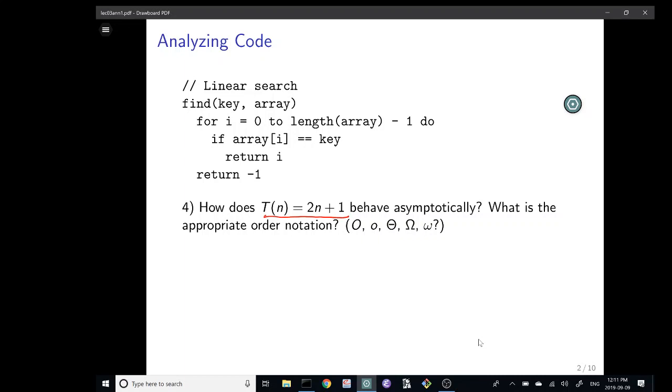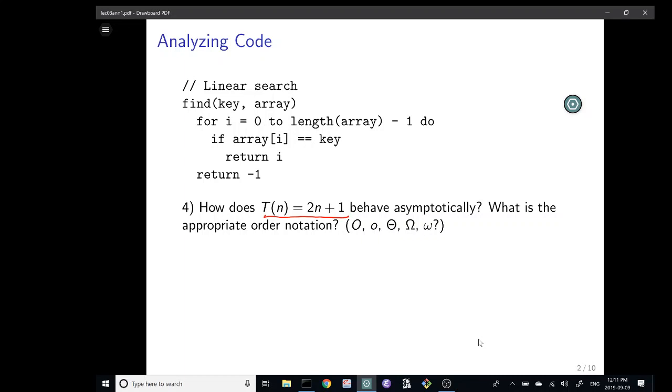But we also know that there are other order notations like big omega, big theta, and little o and little omega. What's the appropriate order notation to express this running time to somebody, to tell them about it? Should you say it's big O of n?